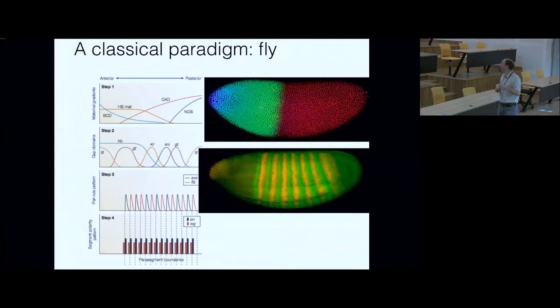So this has been a very well-studied problem. These people have worked on that for 30 years. The identification of the gap genes was one of the key steps in the study of this problem, because you realized that you could lose gap genes. Did John Reinitz tell you why they are called gap genes? It's because if you remove this gene, you basically have a gap in the body plan.